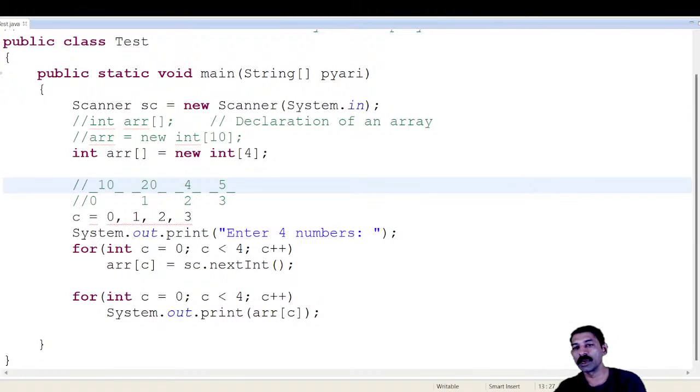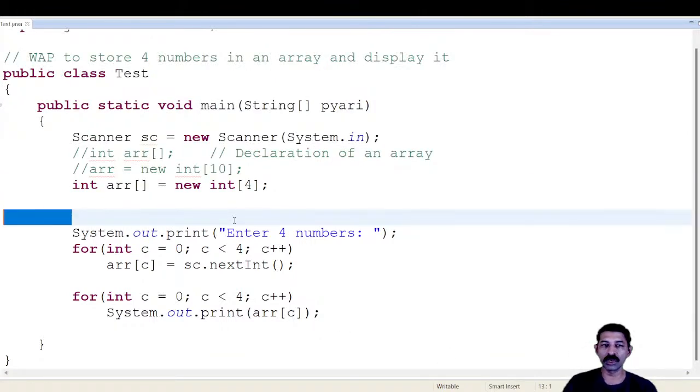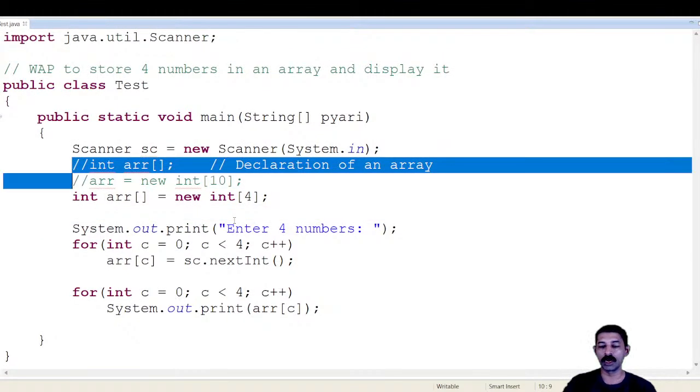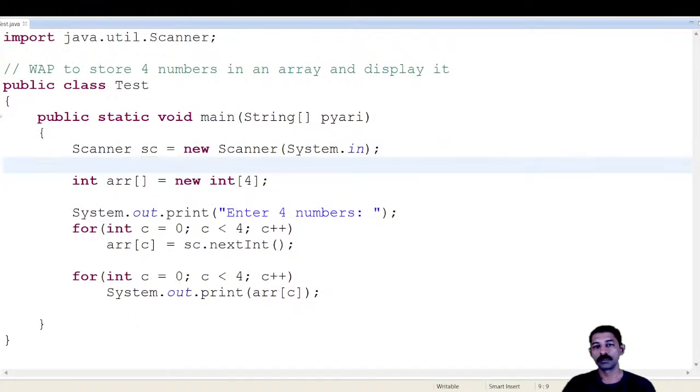If you are clear about the dry run, the same mechanism will be applied to display the data. Yes, okay. So now we'll move towards a little bit more complicated program. Are you ready? Now the question says to write a program to store